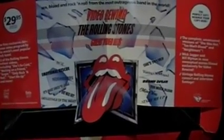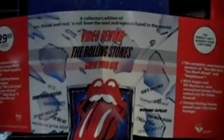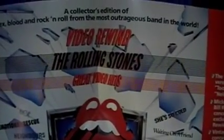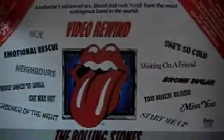Here's a fold-out record store 3-dimensional display advertising Video Rewind with, look at that price, $29.95, and it lists the songs that are on Video Rewind. And this tongue sticks out, and then on the flip side of this promotional store display, it lists all the songs,